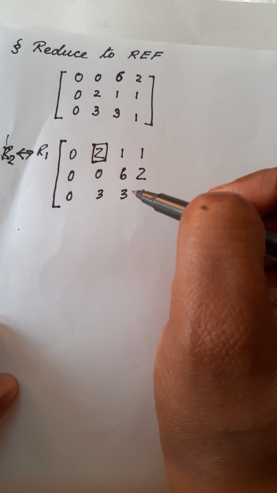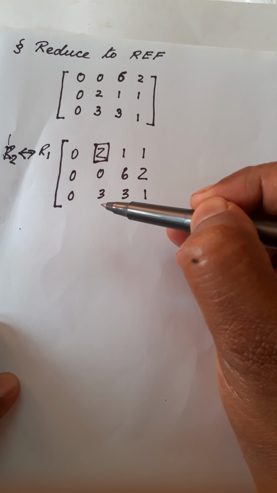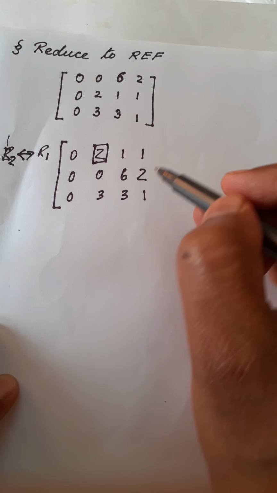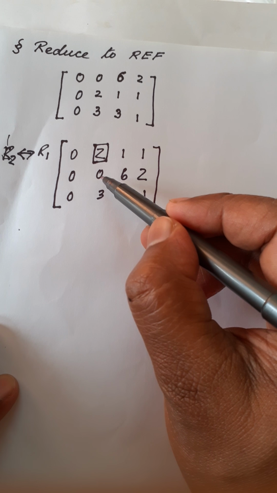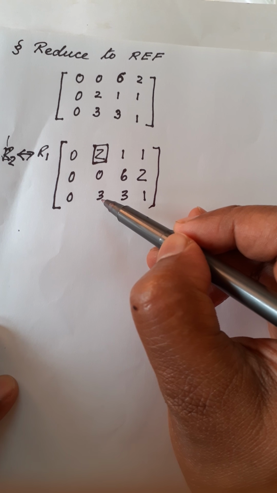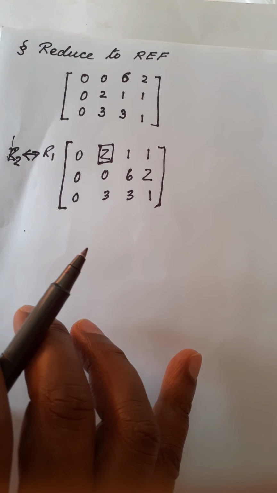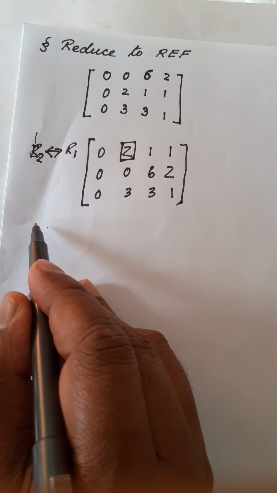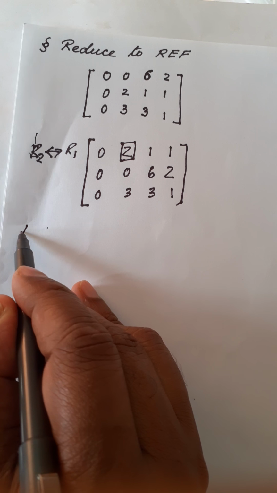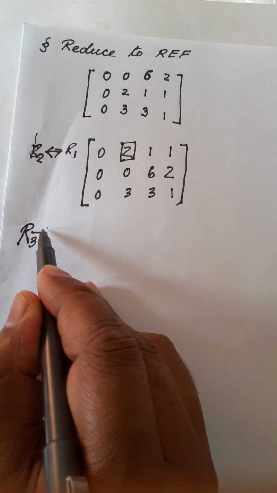Once I have decided the pivot, I have to reduce all entries below the pivot to 0. This entry is already 0, so I have to reduce this entry to 0. What operation do I have to apply? I want to change the third row, so R3 goes to